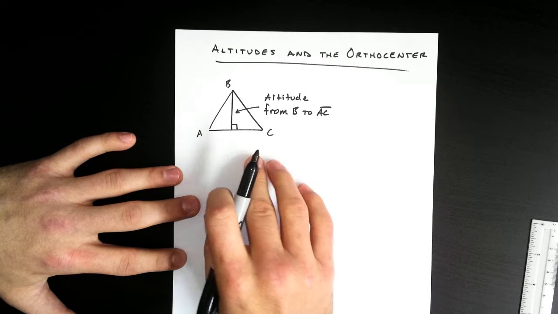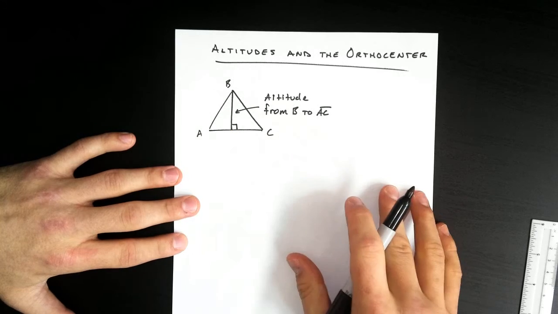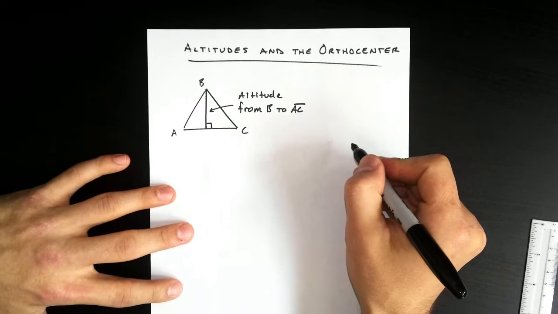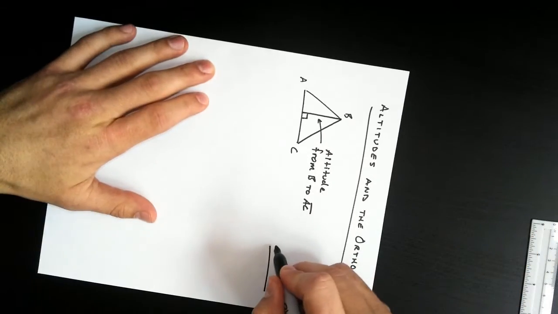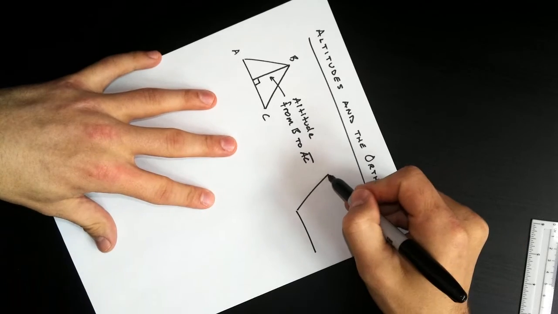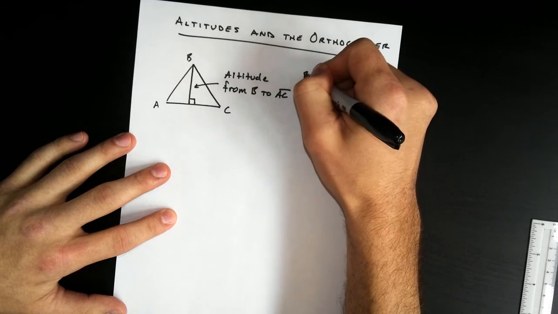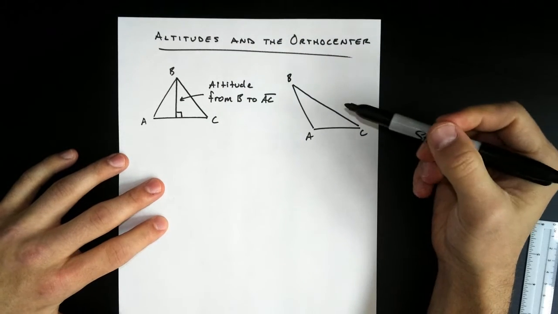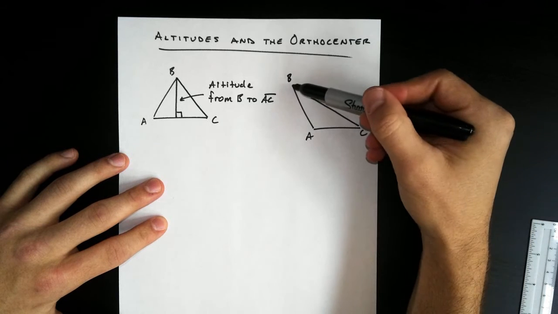Okay. For a lot of triangles, the altitude, the height of the triangle, is on the inside. But if we have an obtuse triangle, that altitude can also be on the outside of the triangle. So just drawing this triangle here. Now I have an obtuse triangle. And if I want to draw the altitude from B to AC again, I need to make sure that it's